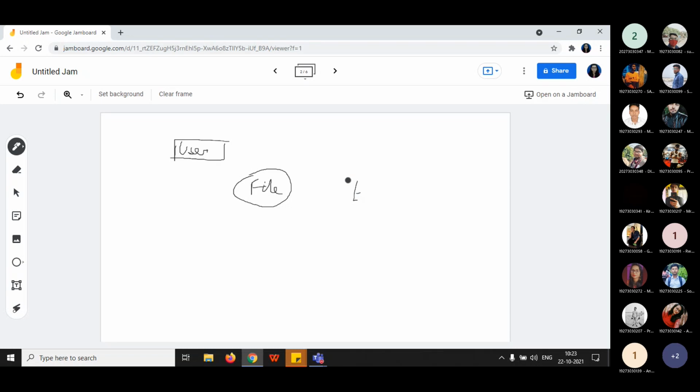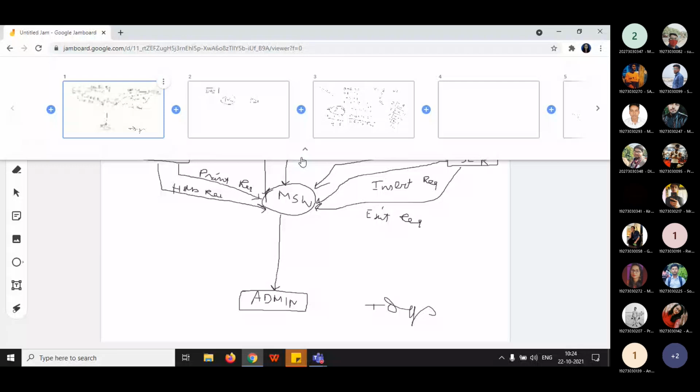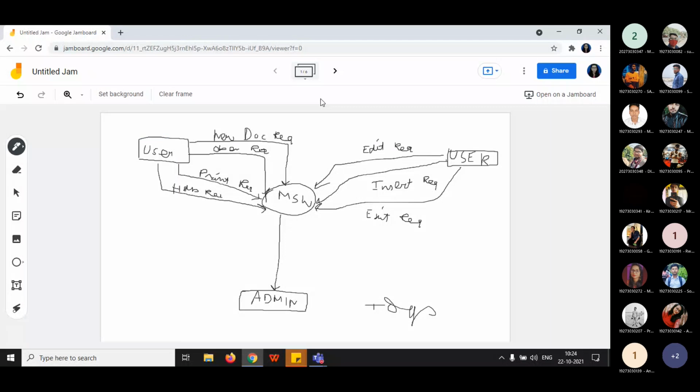File is there. Next, edit can be done. Remember that in the top level DFD, all these were data flow names, edit, file. All these are data flow names, and you are again dividing those things.